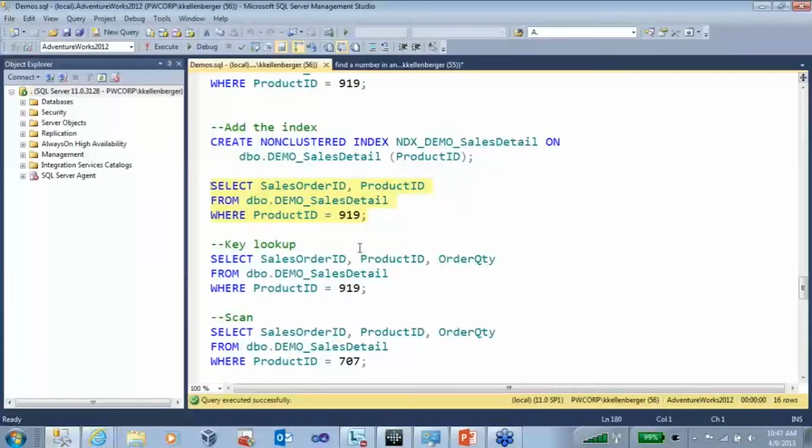I was able to find everything I needed right inside my non-clustered index, and I was able to jump to it very closely. So this is what happens if I choose,